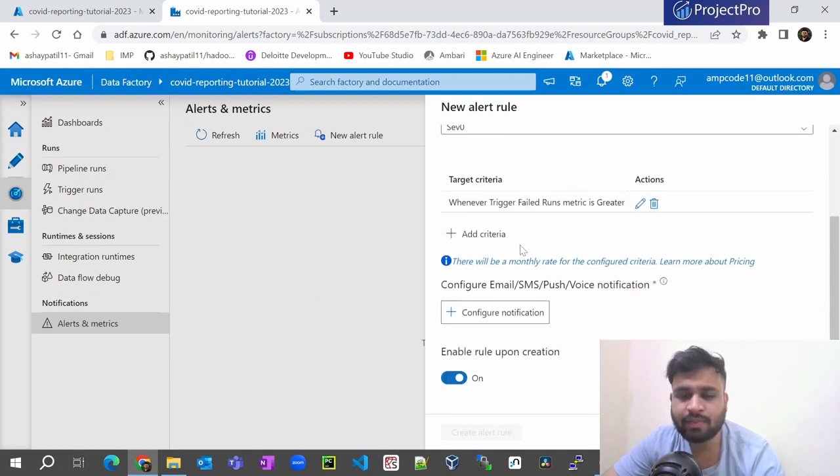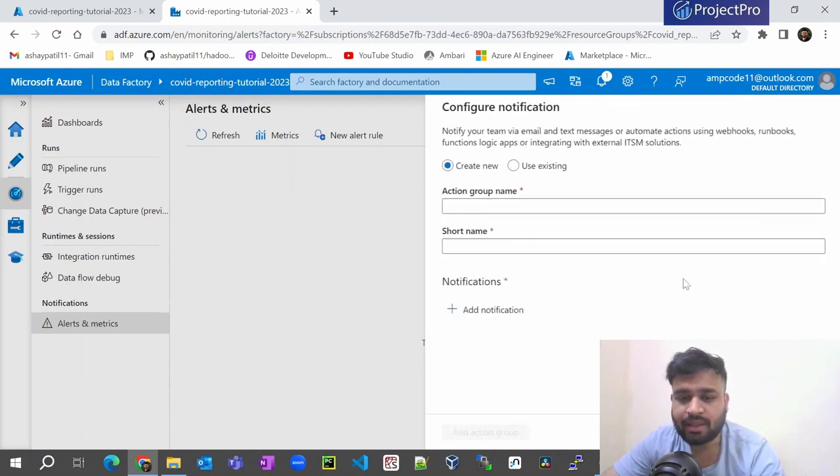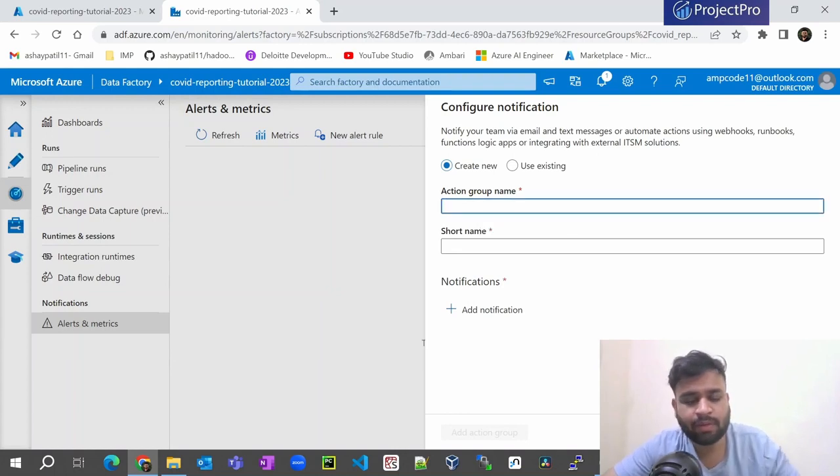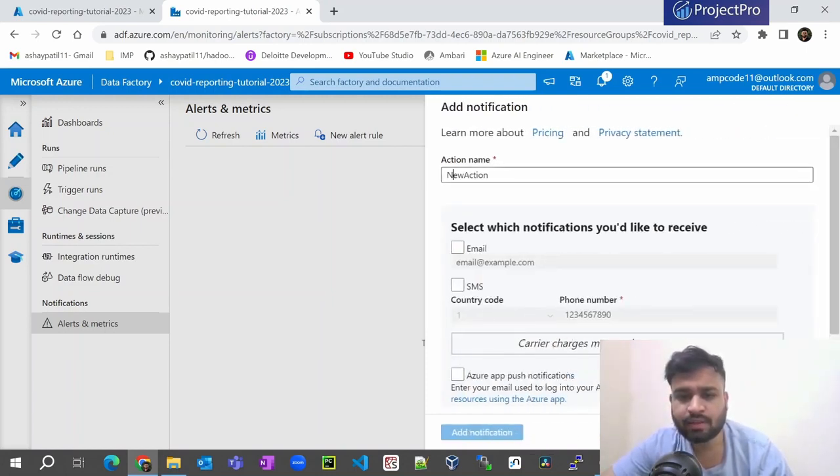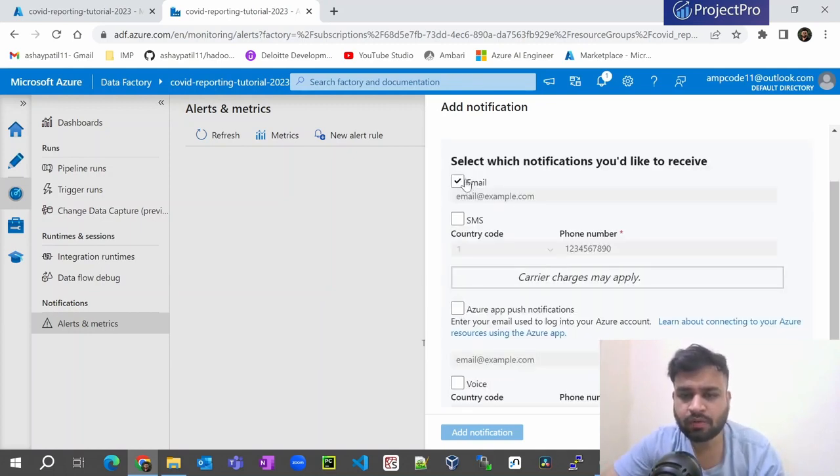The next thing is we need to configure our notification. So you need to click on plus here, and create a new notification. The action group name will be COVID reporting alert, and the short name would be the same, COVID reporting. And here you need to add the notification. In the notification we can set the action name as fail trigger, and here you can get the notification via